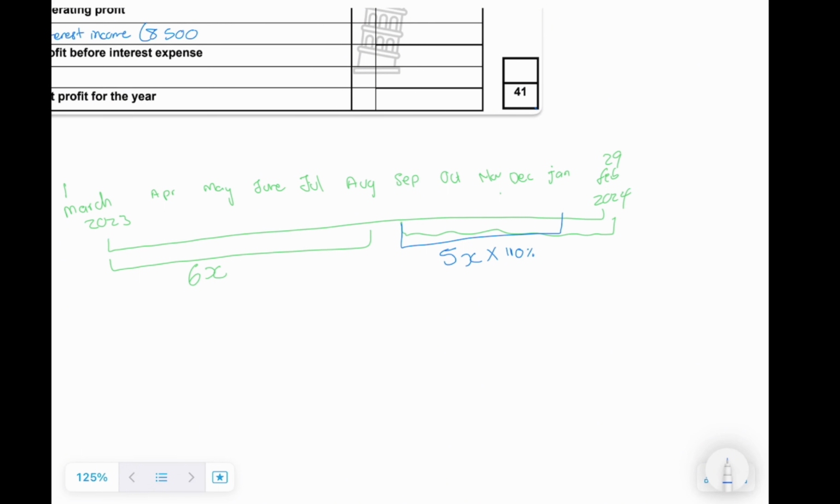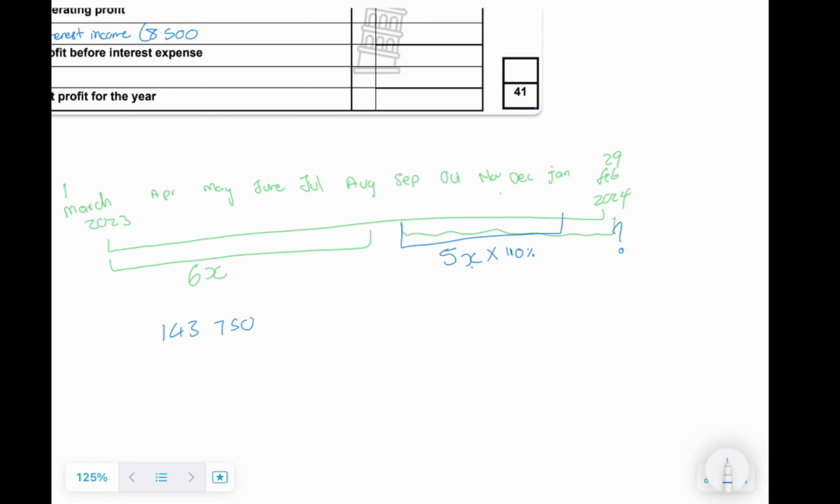So it was the original amount plus the 10%, which makes it 110%. So the 5 months of X amount times 110%. If they give you any other percentage, say a 60% increase, it's going to be 160%, or whatever percentage might have been given to you. February, we are looking for the amount for February. We don't know how much that amount is. The amount that we have in the trial balance is